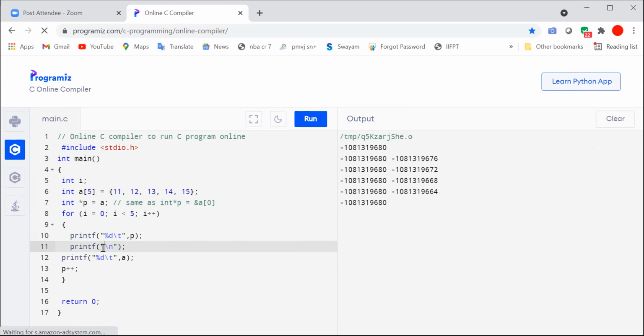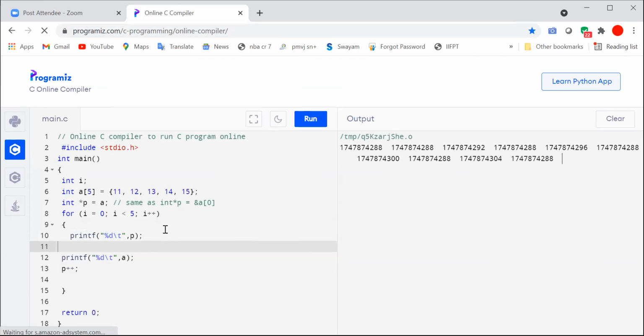Because what we have to do, we have to do it after this. Then also it will display the same memory locations. Got it? Now P and A both are the same.